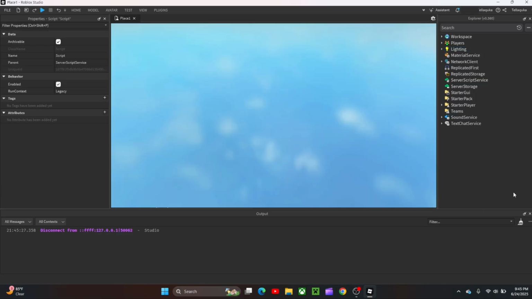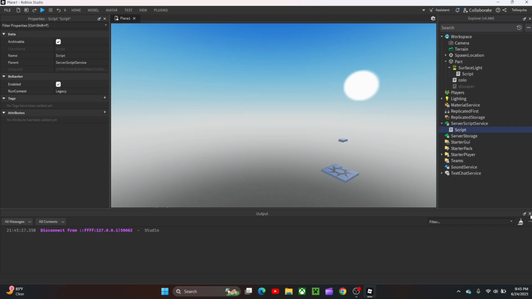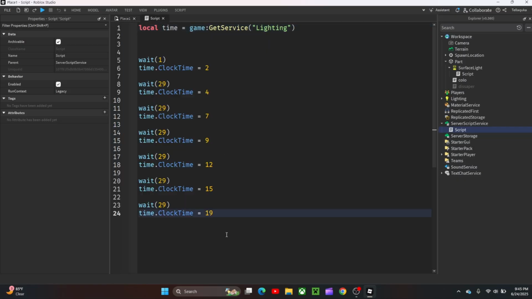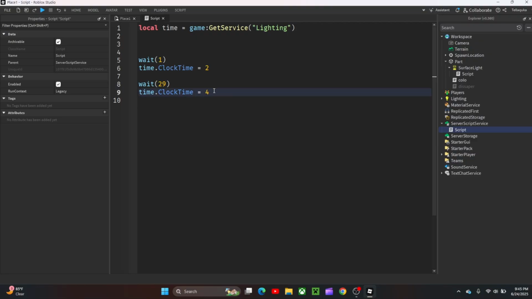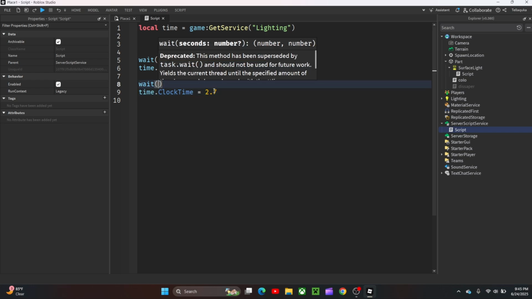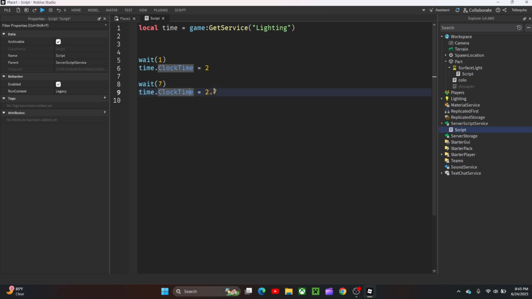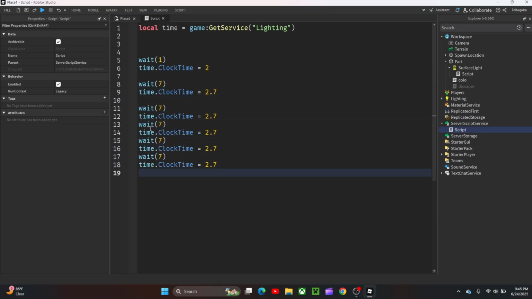We could also make it smoother by making it tween in a way, but we'll have to add way more script included. So yeah, that's what we're gonna do. So we're gonna do this, and we're gonna do 2.7, and it'll wait 7 seconds. And yeah, let's take this, and okay, now we could change it. This will be 3.4,